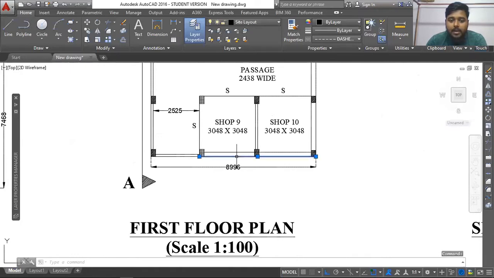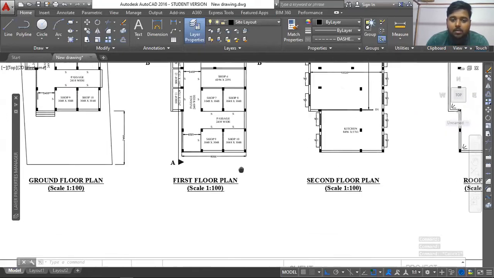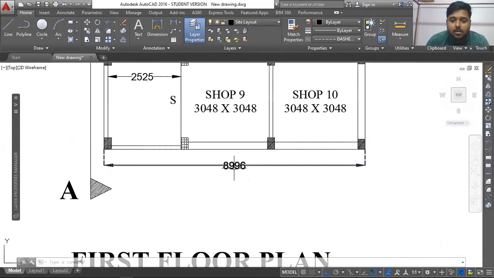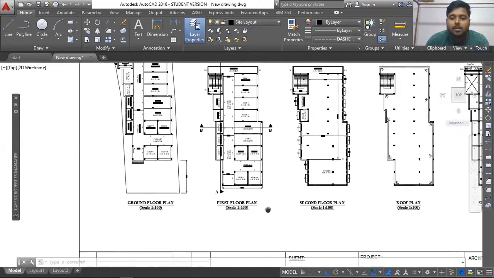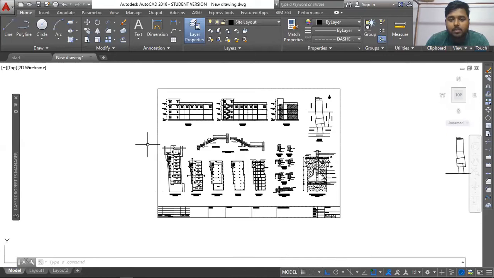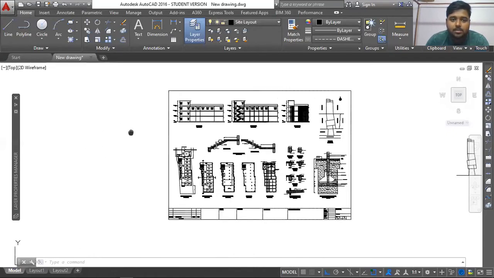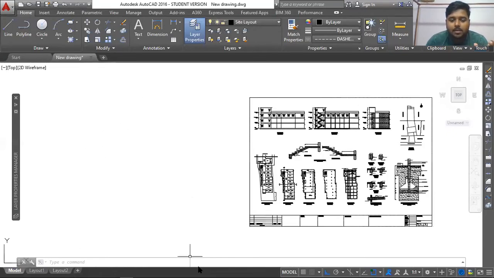Simply, let's suppose this particular side is now 8996 mm. Okay. So that means this is almost 9 meters. Okay, this is almost 9 meters. And I know that this particular thing is going to be printed on an A0 sheet. Okay, so the standard dimension of an A0 sheet is, I guess, around 800 something by 1100 something.